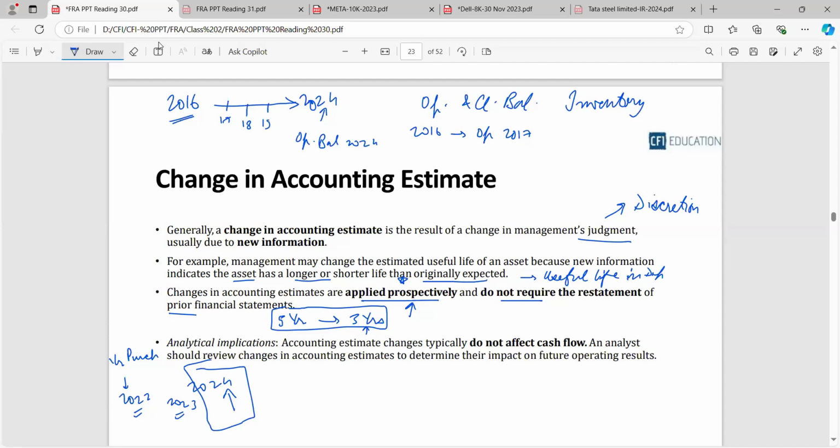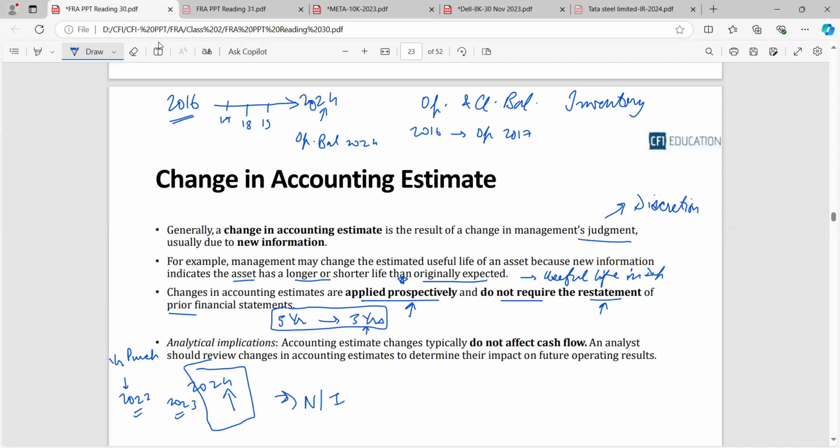That's it. This is how you will change, first of all, the useful life, then change the depreciation amount to be adjusted in your financials, and this again would directly have an effect on your net income. So with the coming of technology, this is the best reason I can give you that it makes sense to apply it prospectively rather than retrospectively, and we are not even restating, because restating doesn't make sense, as that was committed in the past, and we were not even aware at that time that we could have had 3 years of life instead of 5.